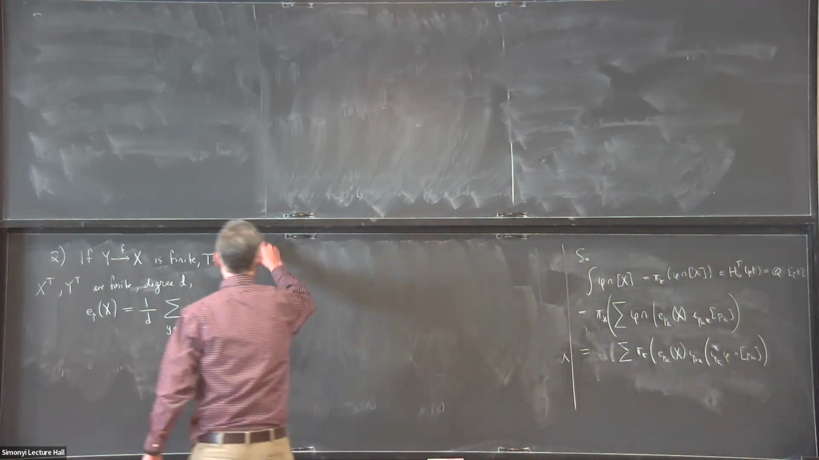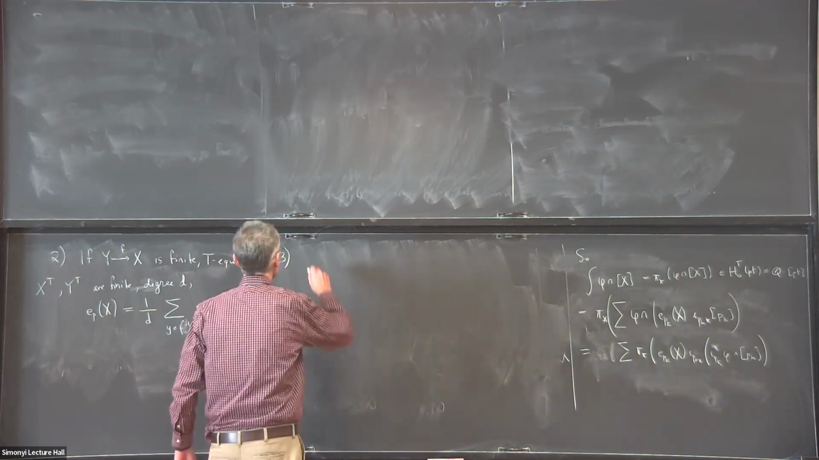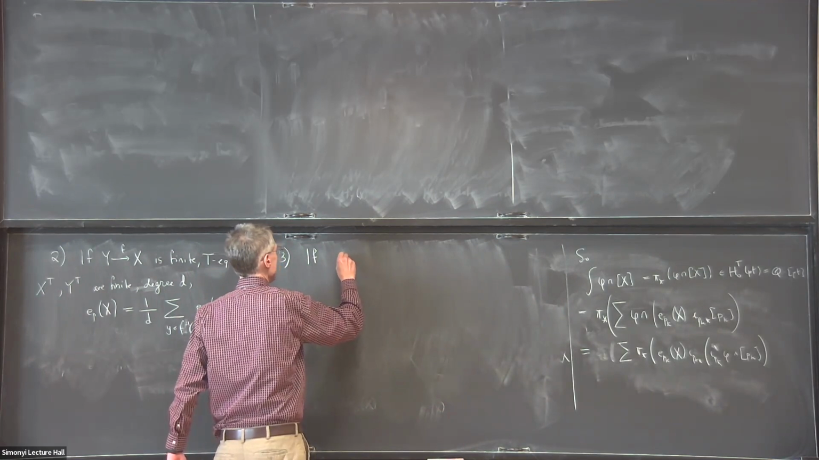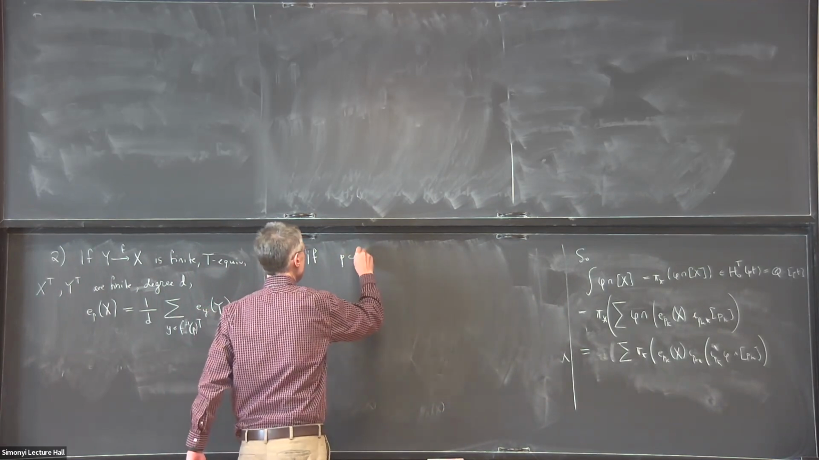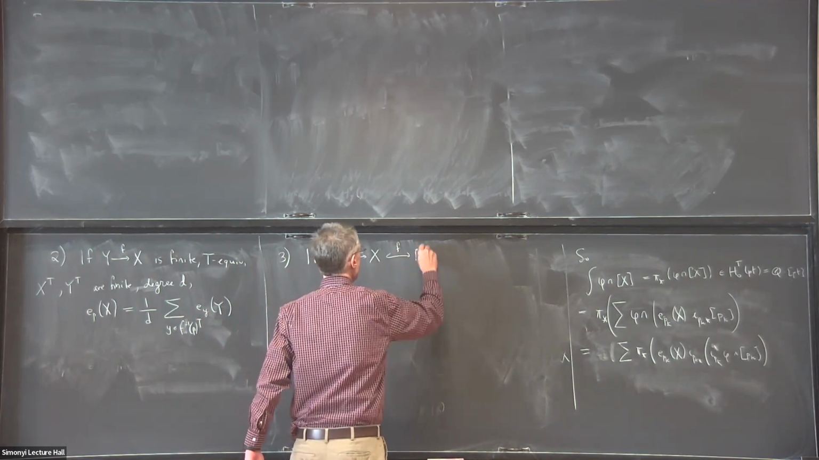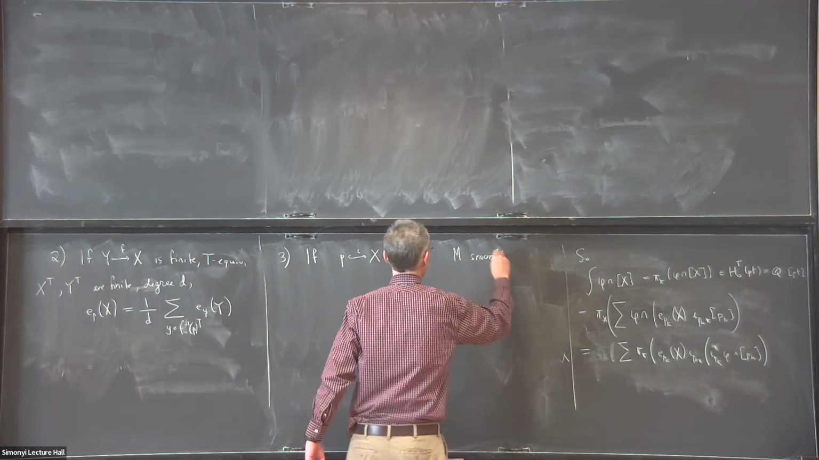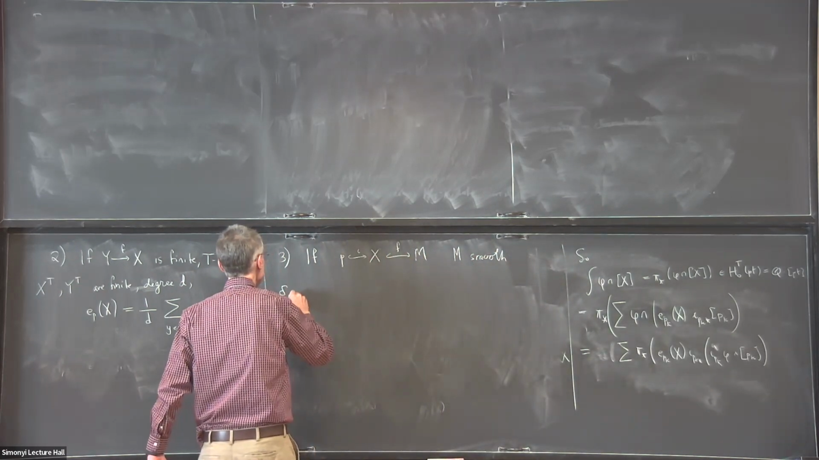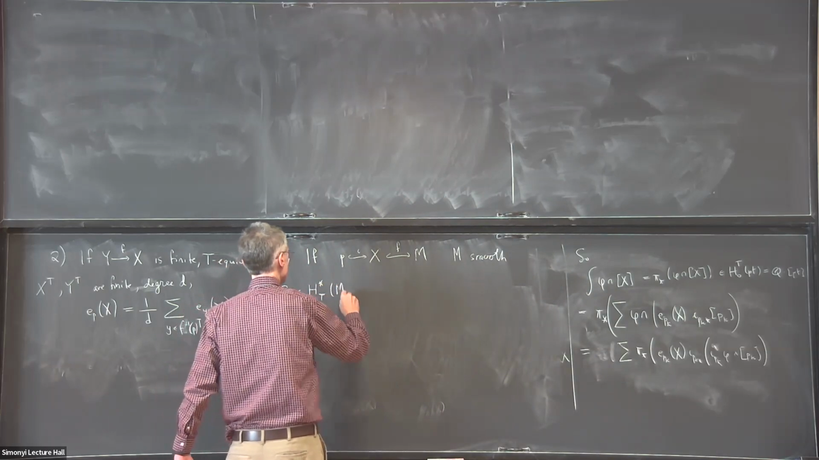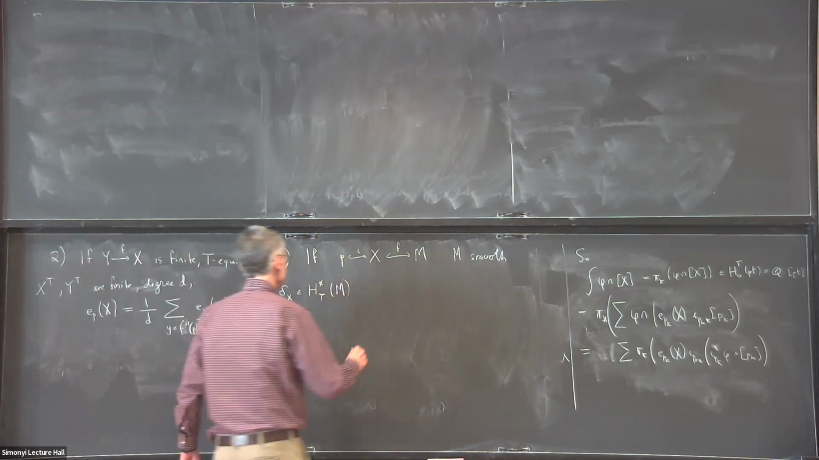And the third way of doing this is that if I'm in a situation where I have p sitting inside X, and X sitting inside, say, M, where M is smooth, so I have a class delta X in the T-equivariant cohomology of M. So in this case,